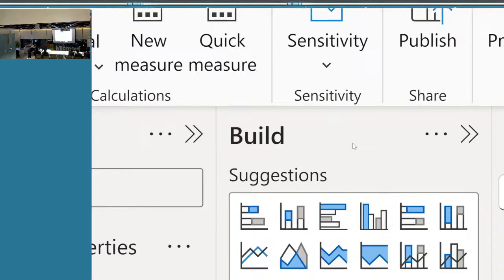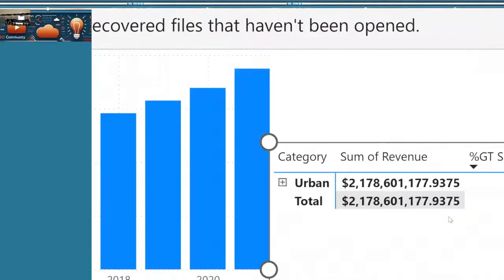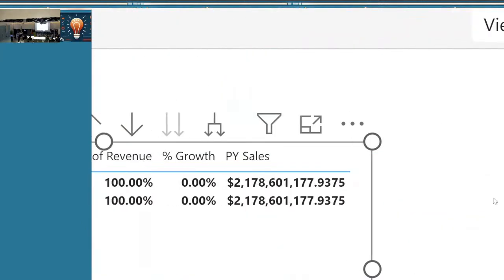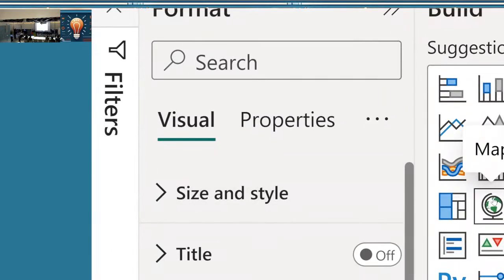With a matrix, you can do something like drilling down into certain values. Let me actually explain it to the rest of the team because it'll be easier. In case you haven't seen this visual before and you're wondering what this is, this is what we call a matrix visual, which is a really powerful visual. Unlike the table visual, with the matrix you have the option to drill down into different levels.